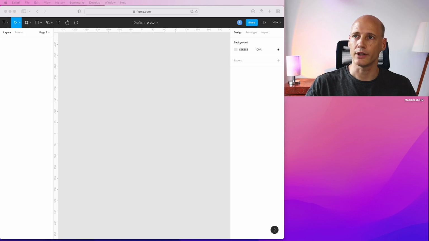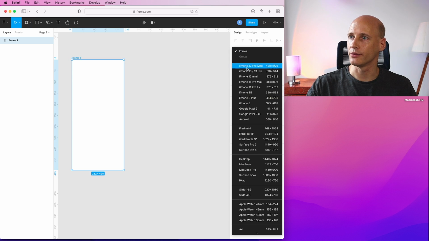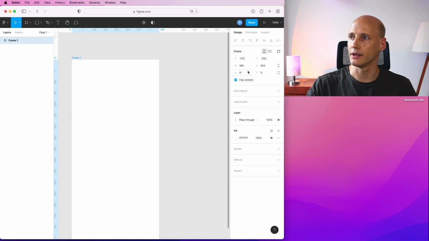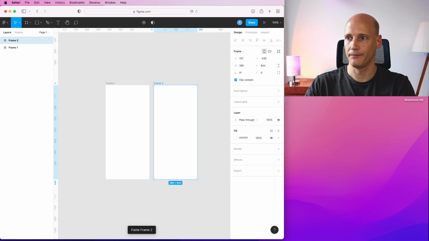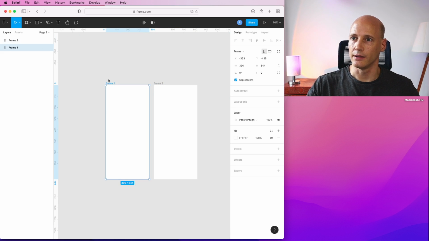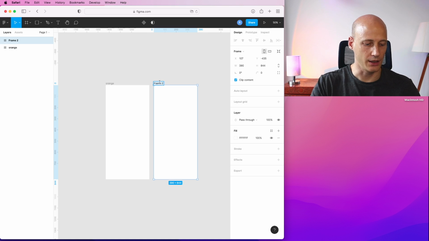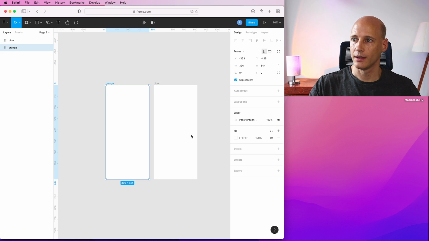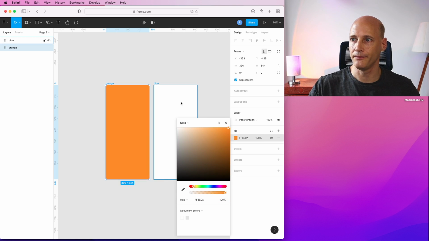So here I'm in a fresh and new clean Figma project, and I will start on the navigation side. I will first create two frames that we can use to navigate from one to the other. I get the frames, the dimensions of an iPhone, and make a copy of it, and give them a name, orange screen and a blue screen, give them a background color that kind of fits to the name,